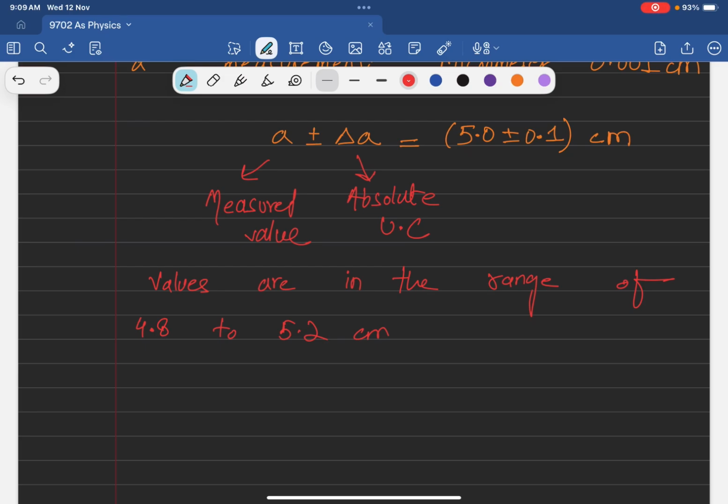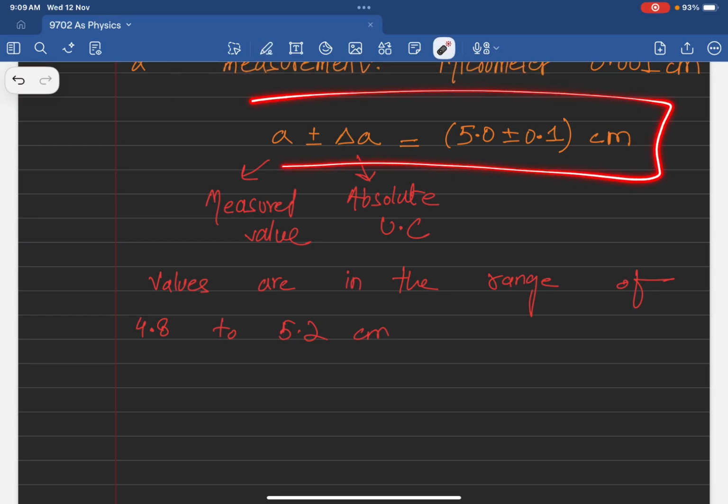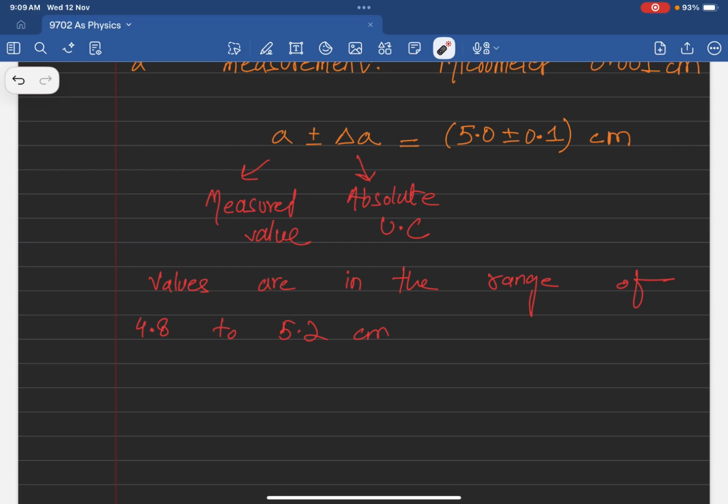So it is telling us that if we measure this value using that technique, using that instrument,